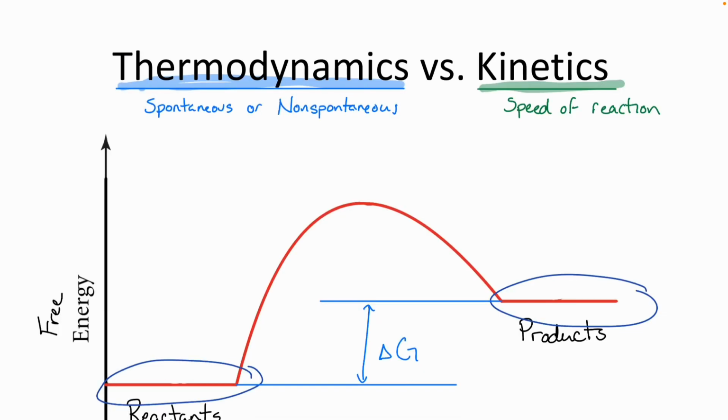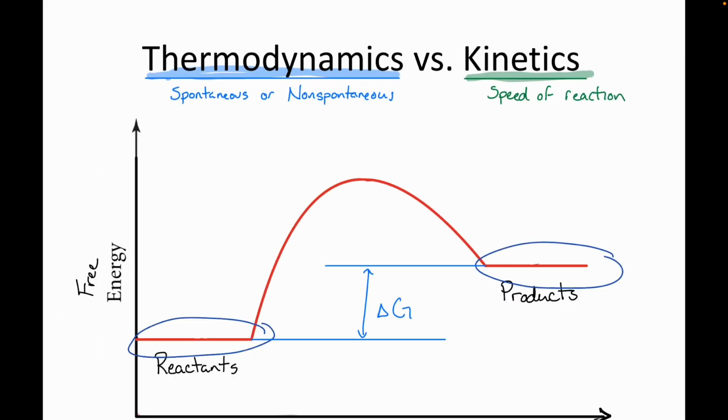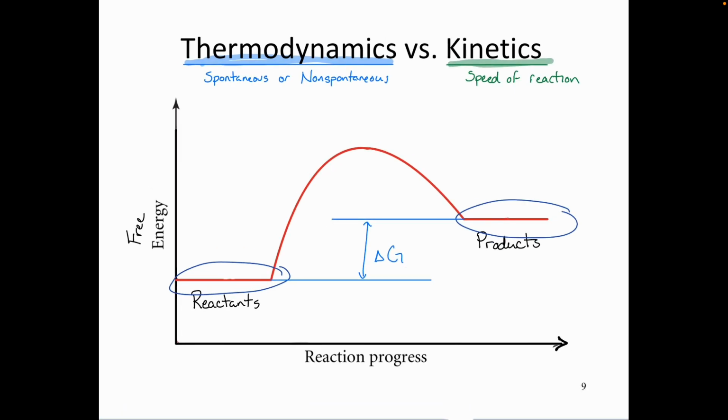Okay, and we spent a lot of time in this last chapter talking about thermodynamics, right? Whether or not a reaction occurred spontaneously or non-spontaneously, which is really just saying it would occur spontaneously in the reverse direction, okay? Spent a lot of time talking about those thermodynamic variables, how we can predict that sort of thing. Now we're going to switch gears and we're going to start talking instead about